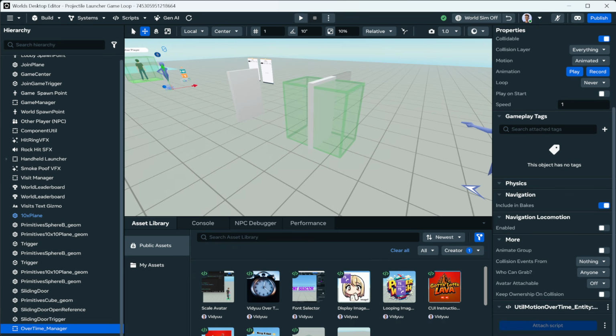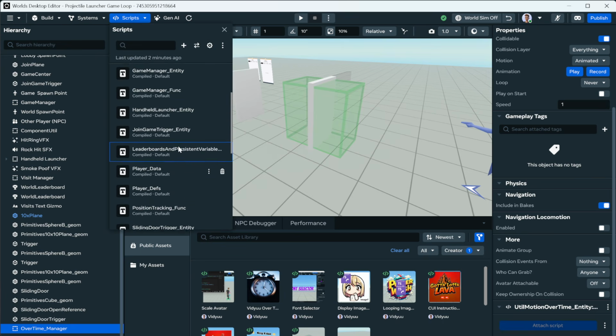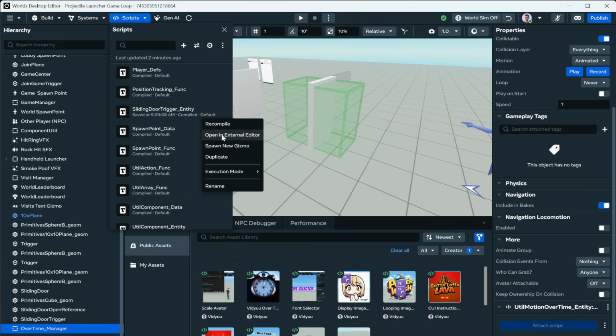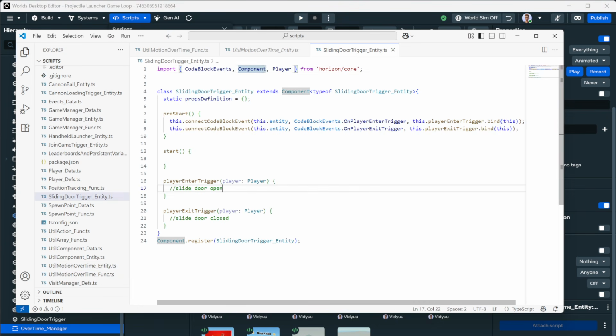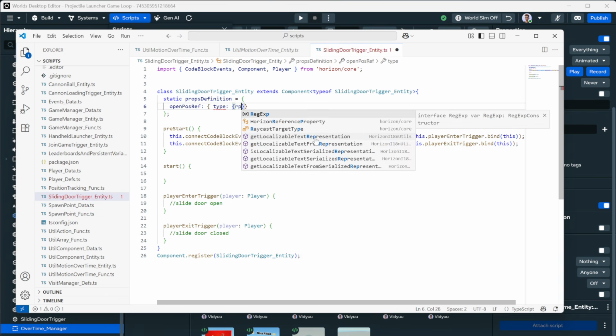And now it's time to go back to our door opening trigger script, where we have that. Sliding door is what it's called. 3 dots, open external editor. And so we want to slide this door open. We need to know where to go. So on our properties panel, we're going to have a reference. So we're going to call this the open position reference, which will be of type prop types